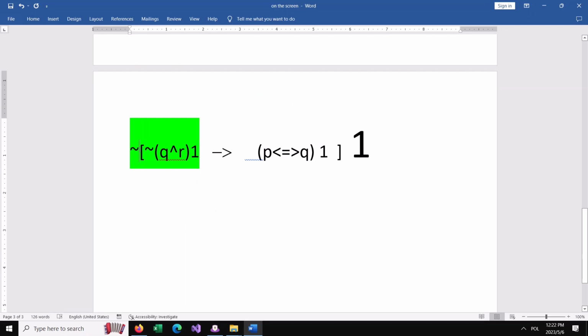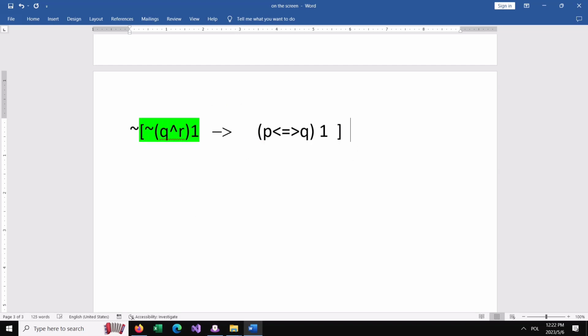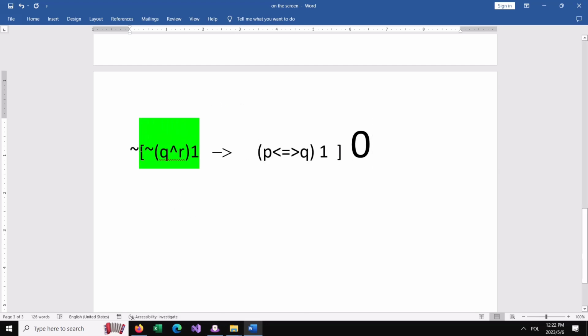Because we have a square bracket. So this mustn't be treated as part of this expression. This is before the square brackets, and the whole expression, as you can see, is in square brackets. And we put a tilde sign, which means it is not true, before the square brackets. So before the whole statement, right? And that's what matters. That's why the whole statement which we calculated in the square bracket was true, but it becomes false, because negation is